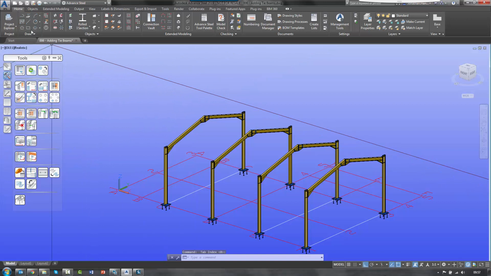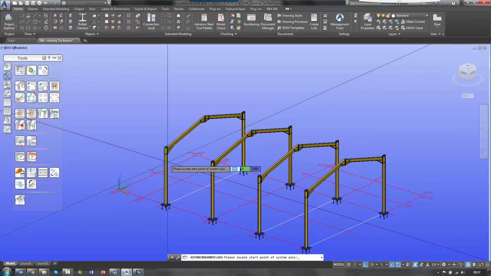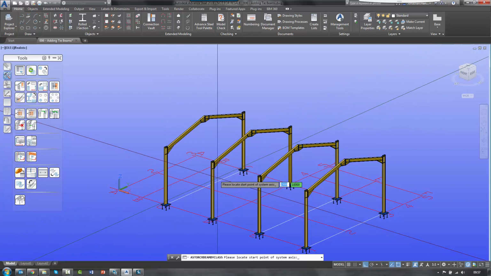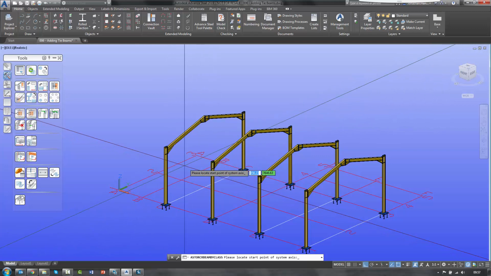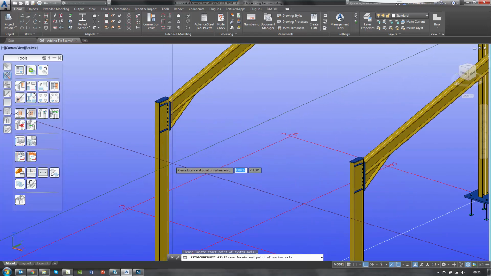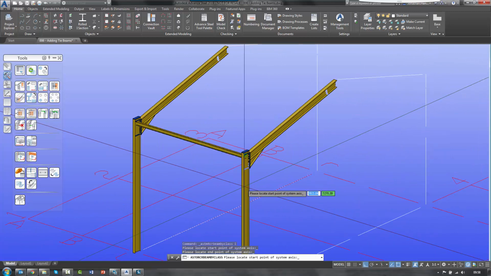To position a tie beam, I'm going to draw it manually using the rolled section from the home panel. If I click it, it will ask me to select a locate point on the system axis. And you can see, because I've got the node snap only activated, I don't have to zoom in that far, but just to show you, it's selecting that point and then that point on the top of that rafter,